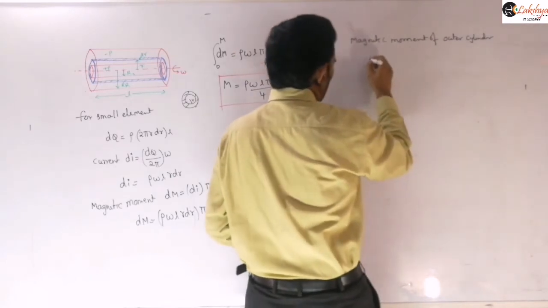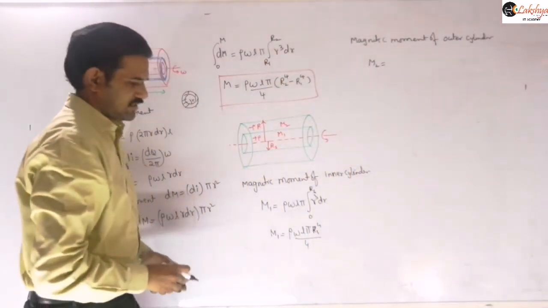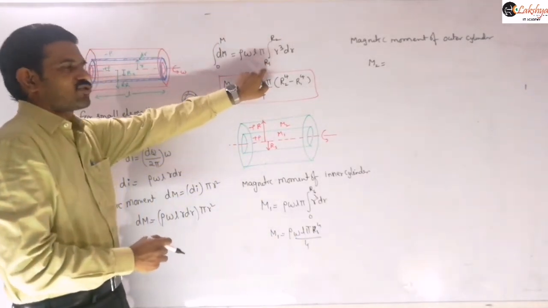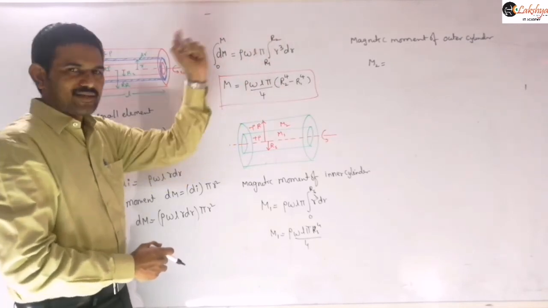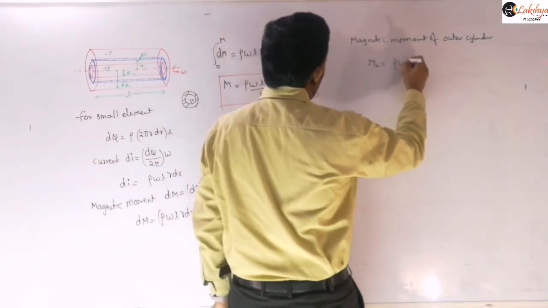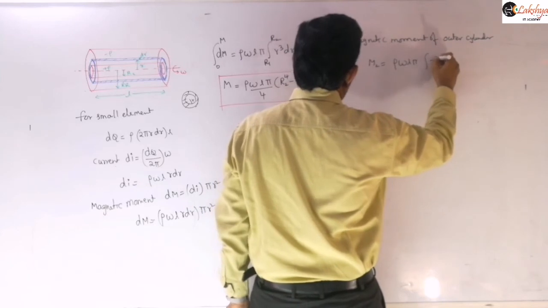So let it be m2 here, right? And so now this m1 and m2. Now m2 means we need to take similar limits. Instead of r1 and r2, we need to take it from just Rs to R. So that means again what we can write is rho omega L pi into the integral of r cube